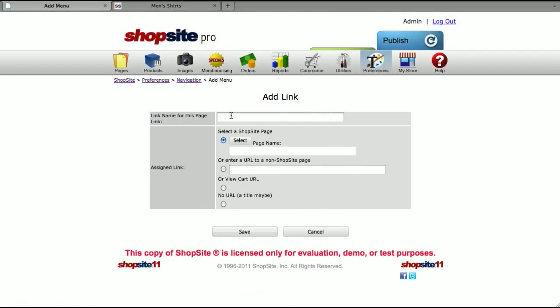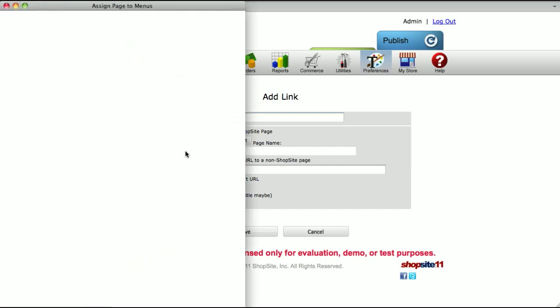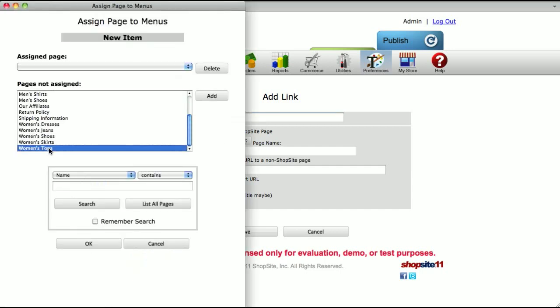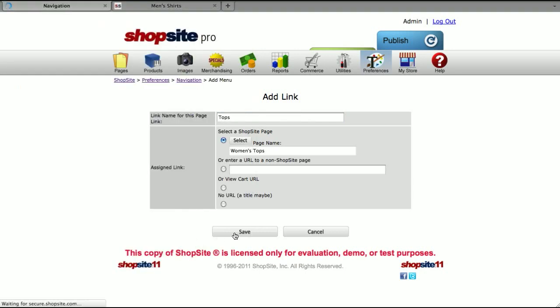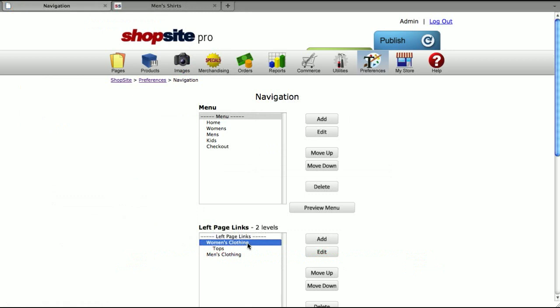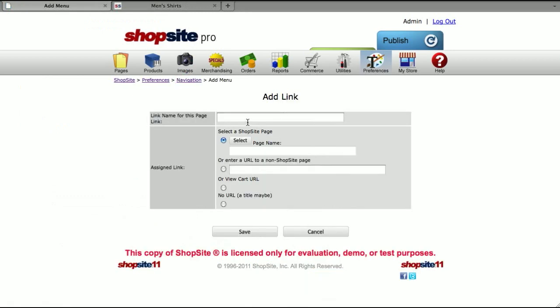Now to add my submenus, click on the category you want it to be under, and then click on Add. So for the first one, let's add tops. So women's tops, and go ahead and select your page, which you've already created, women's tops. Save changes at the bottom. Again, click on women's clothing, add, and we're going to add a few more menus. So let's add pants,